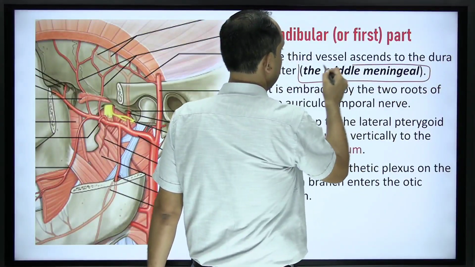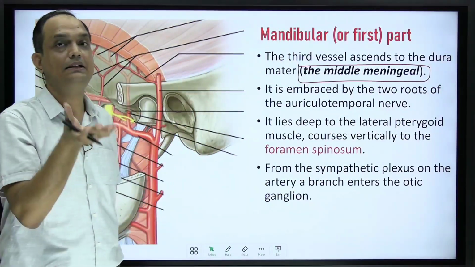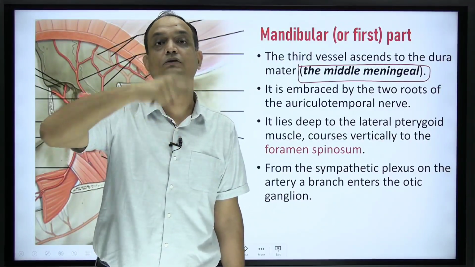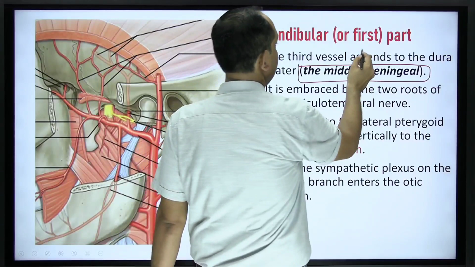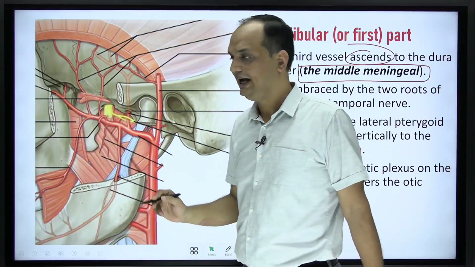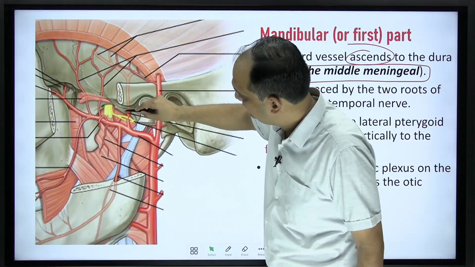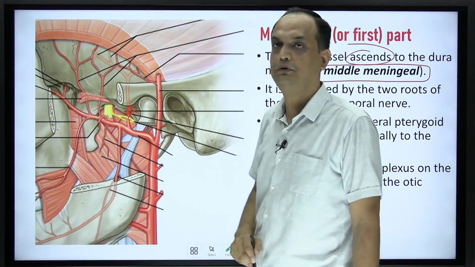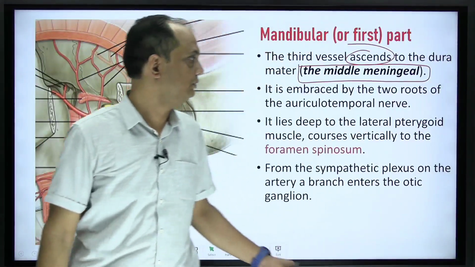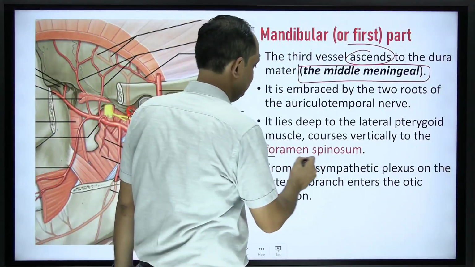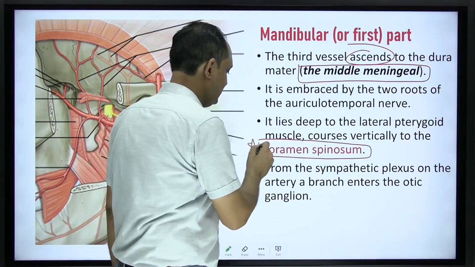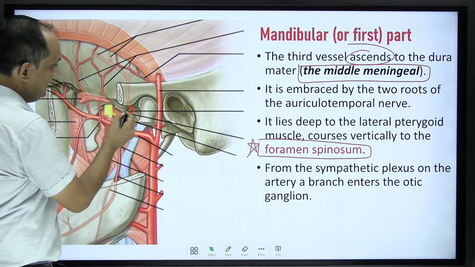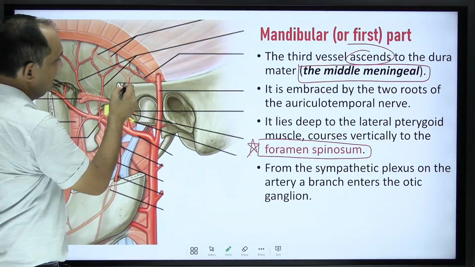Now this middle meningeal artery is going to supply inside the cranial cavity. So cranial cavity is above, so it has to ascend. After taking origin, it will ascend, and here you can see that this is the middle meningeal artery. Now this middle meningeal artery will ascend and it passes through this foramen spinosum. So this is the question of your exam, that name the artery that passes through the foramen spinosum. So this is the artery which is ascending and it is entering through the foramen spinosum and it will supply